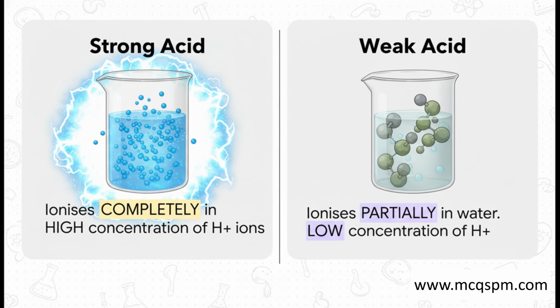A strong acid, over on the left, ionizes completely. That means every single molecule breaks apart, flooding the water with hydrogen ions. But a weak acid, on the right, well, it's kind of lazy. It only ionizes partially, so you end up with a much lower concentration of those H+ ions. So remember, strength is not about the amount of acid, it's about the degree to which it breaks apart in